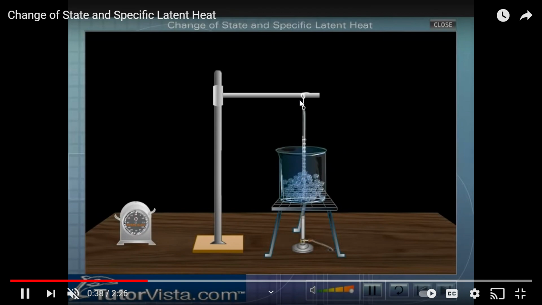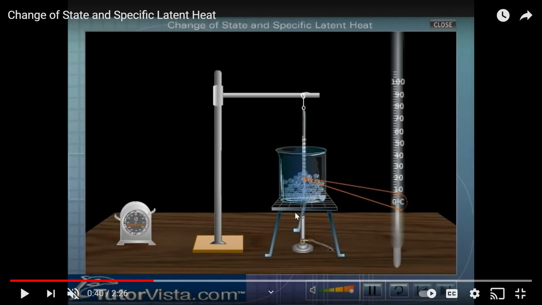They are hanging the thermometer, and what they are doing is they will start the Bunsen burner, and before starting the Bunsen burner, before heating the ice, they have noted the temperature. Now before we start heating, when we note down the temperature, we saw that the temperature in the thermometer is how much? It is 0 degrees centigrade.